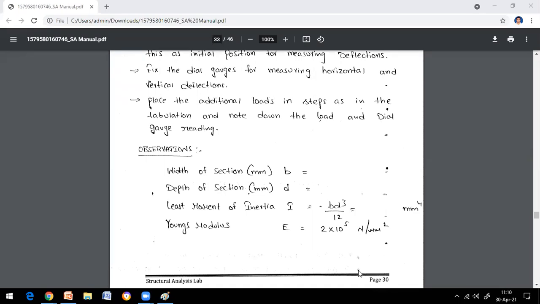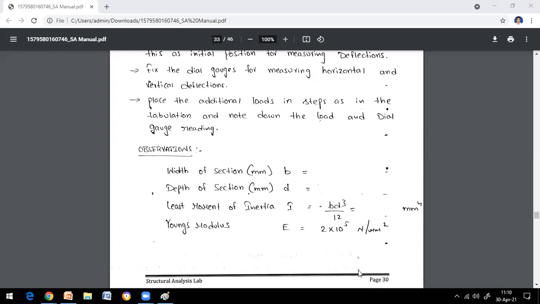Okay guys, in tomorrow's class we will see how the circular and semicircular beams are going to be derived. With that, we can finish this topic. As I told you, this is a very simple and easy topic. You can come across some theoretical questions from the curved beams only.